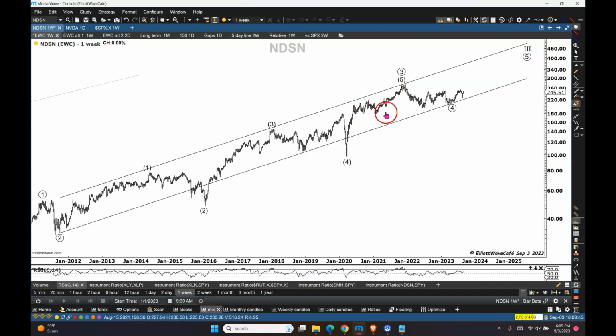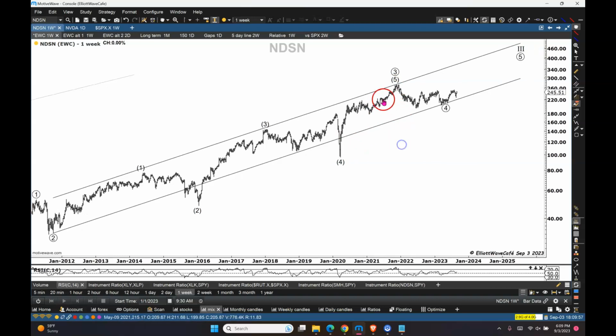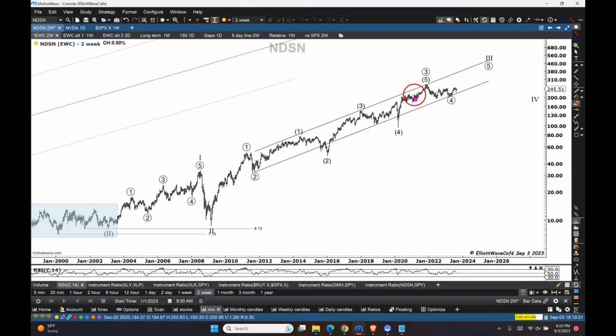Maybe there's a smaller 4th wave in here. There's a little bit of an impulse. 1, 2, 3, 4, 5, 4, 5. Yeah, I'm not entirely happy. Here looks a little bit better because you're just kind of pushing higher. But